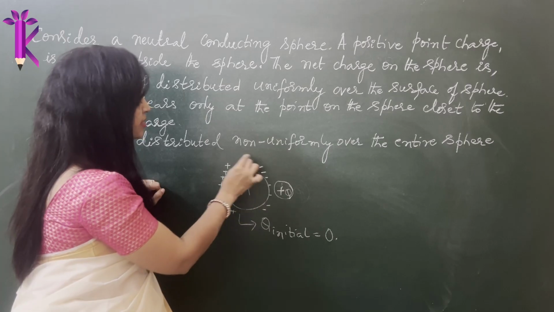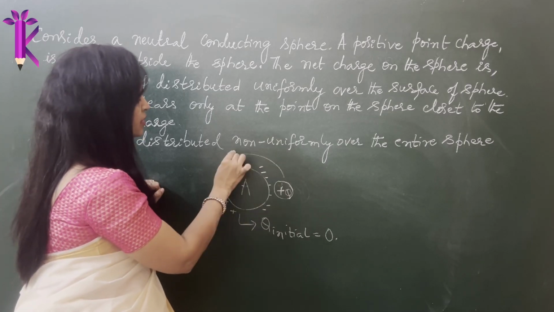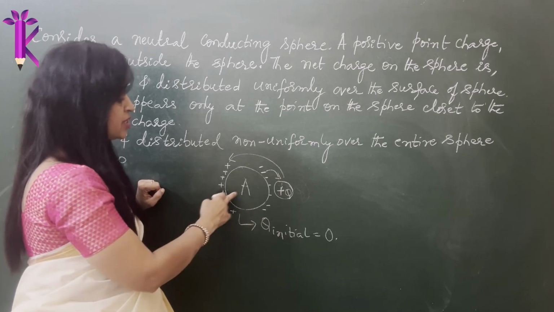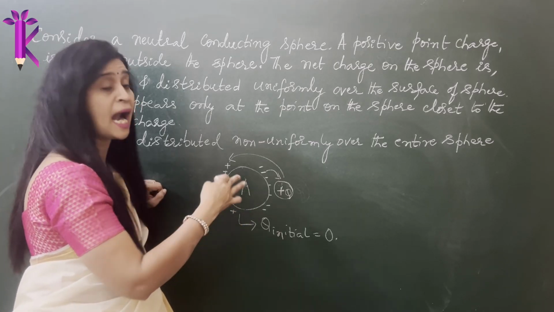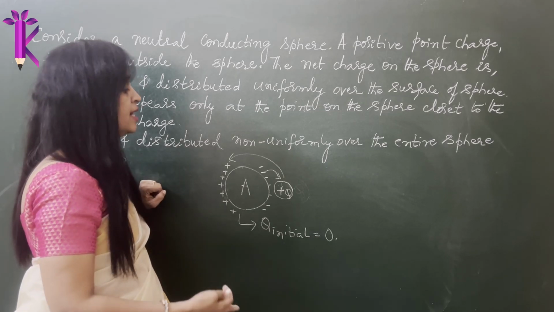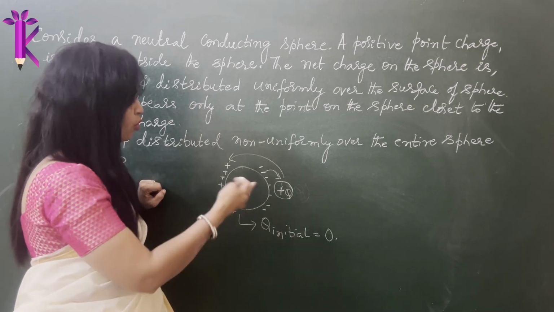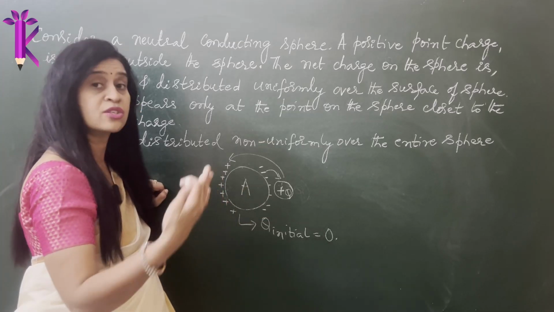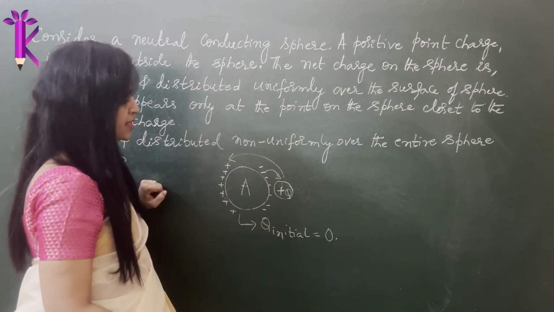because these will face repulsion. So due to repulsion, they move away. Due to attraction, they come closer. But will that change the charge on this? No, you're not adding anything, you're not removing anything. No electrons have been removed or added to make it positively charged or negatively charged, as mentioned here.